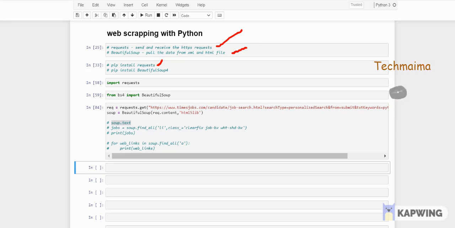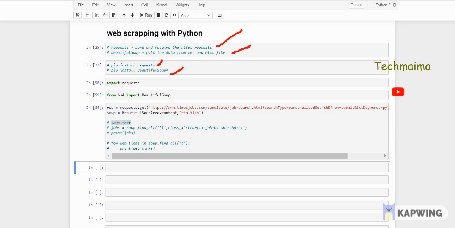And the second library is Beautiful Soup. Yeah, you heard correct. Beautiful Soup is the library name. This will help you to pull the data from an XML or HTML file. Normally every website is an extension of HTML, so you will easily be able to pull using Beautiful Soup. So again you have to install this. This is the code: pip install beautifulsoup4. If you are using PyCharm, from the terminal directly you can install it. Otherwise you have to go to the command prompt and then install it.